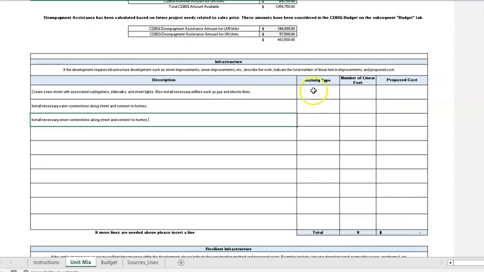Each one of these types fall under a certain activity, being that all aspects of the street include sidewalks, curb and gutters, street lights, and anything along the streets. It is combined under one description and indicated under activity type streets. The water connections and water line will fall under a water category, and also installing necessary sewer falls under the sewer activity. The applicant will need to indicate the total linear feet, and that is a straight line of the